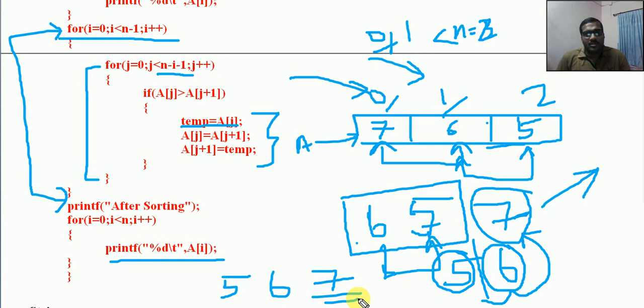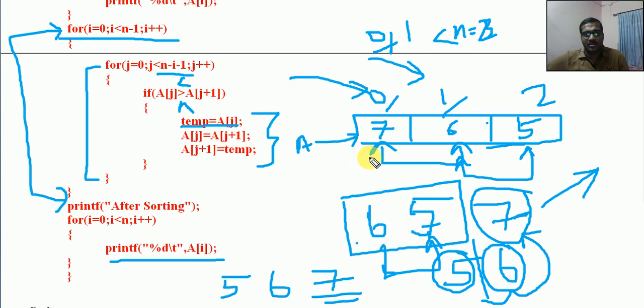Now I will take one more minute to modify the same program for descending order. What will be the difference? The only difference is to change this condition to less than, that's all. The opposite will happen. 7 and 6 are already in descending order, so I cannot explain with this, because every case will be a failure and no swapping is needed.